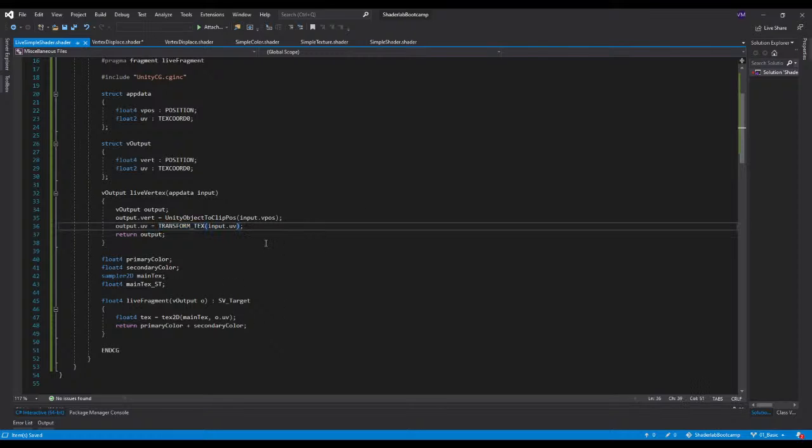Why the parameters are not correct is because when you read about this function and what all it takes in as parameters or as arguments, you will find out that it will have to map a certain texture to the UV. When you do the TRANSFORM_TEX, this is where it will pick up your ST values, like _MainTex. If I give it here,